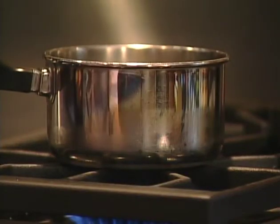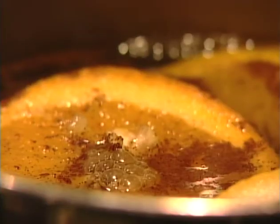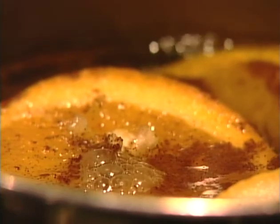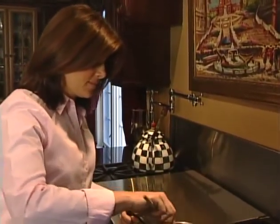Another take on natural air fresheners: fill a saucepan about halfway with water. Add some cinnamon, oranges, and lemons. Bring the mixture to a slow simmer on your stovetop and let it steep there in the simmering water for several hours. Not only will this release a wonderful fresh scent into the house,